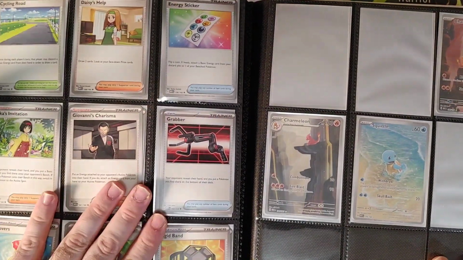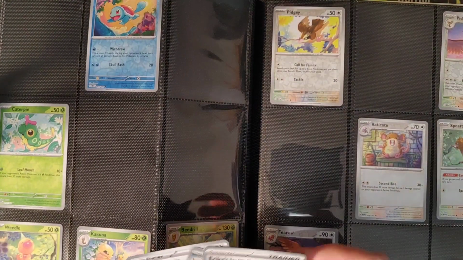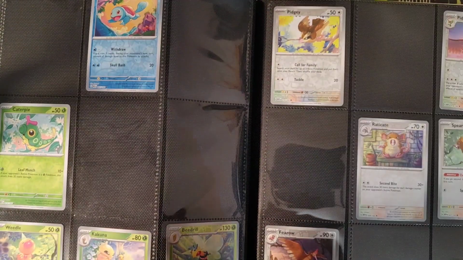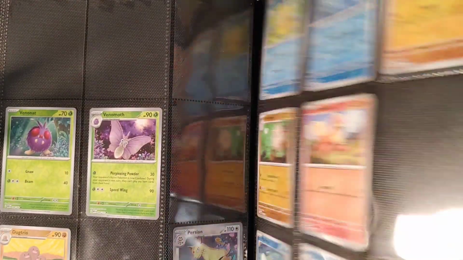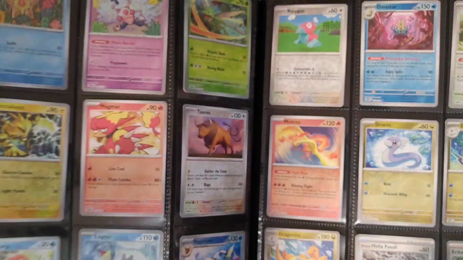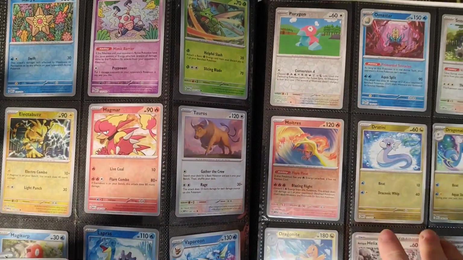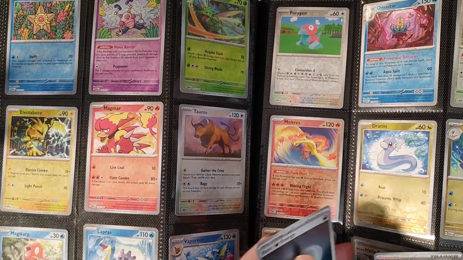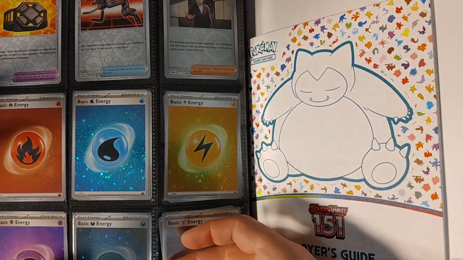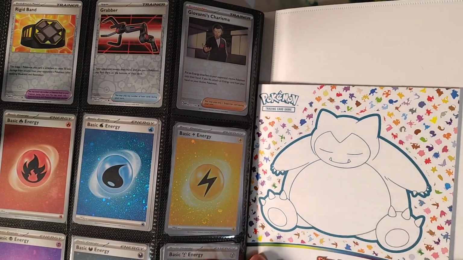I mean, I really should see if I can grab a second binder collection for the reverse and other stuff. 134, 160... Yeah, I think at this point I have to. So that is, I already have a basic darkness energy in there. So I don't think I really need to...